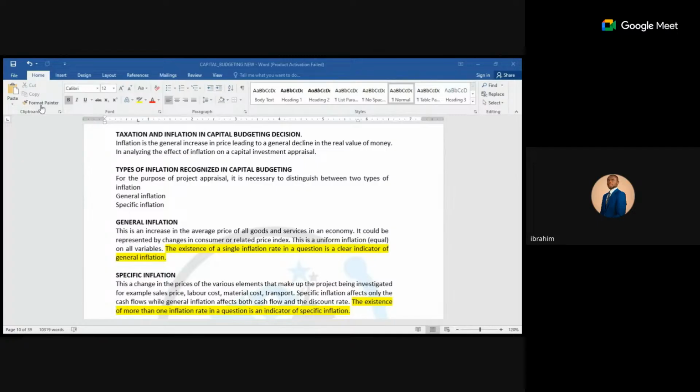In our previous lecture, we were solving a question and we didn't complete that question that day, right? And I said today we'll continue from where we stopped. So before we continue from where we stopped in our previous class, let me quickly do a brief recap on investment appraisal, right?